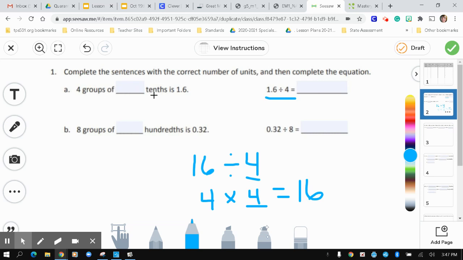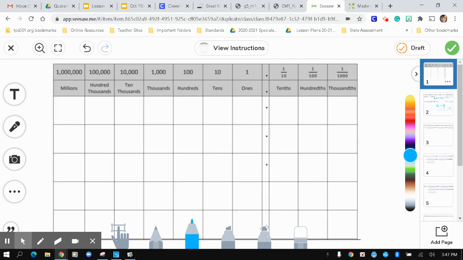4 groups of how many tenths is going to give us 1 and 6 tenths. Well, we know that 1 and 6 tenths is equivalent to 16 tenths. So let's go over to our place value chart and let's draw on 16 tenths. 1, 2, 3, 4, 5, 16. All right, so now I have 1, 2, 3, 4 equal groups, and I'm going to take all of